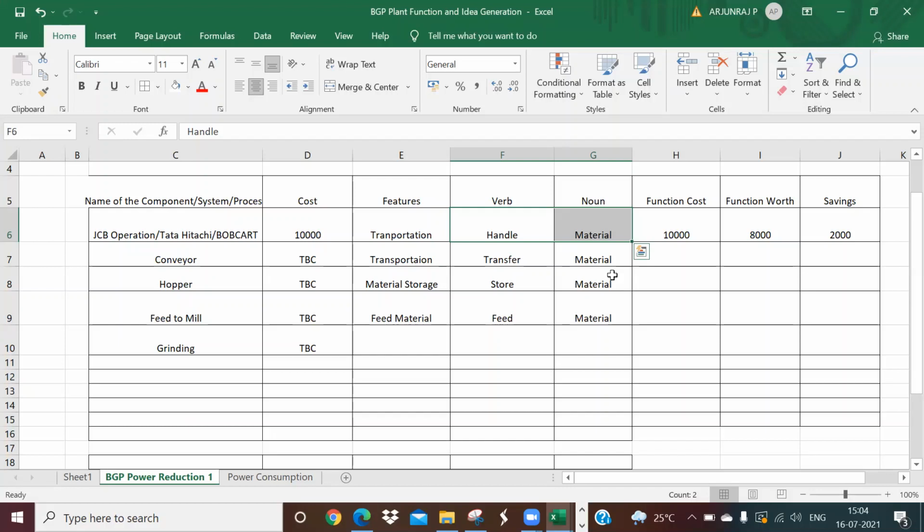But again, the function is the base. Okay, the function is the heart. See, we have information phase, creativity phase, evaluation phase, development phase, presentation phase, implementation phase, audit phase. Of all these phases, the heart of value engineering is function. So that's why the function is very important. Even the father of value engineering, Mr. L.D. Miles, himself considered that the heart of any value engineering project is identifying the function, analysis of functions,